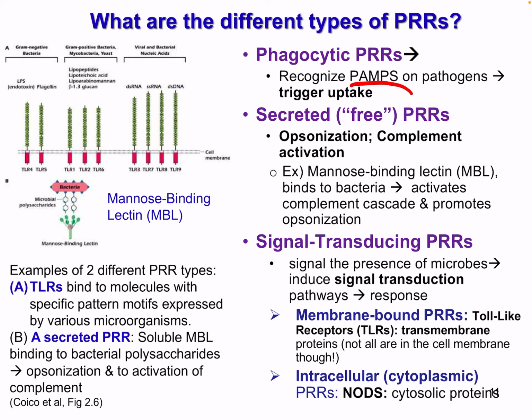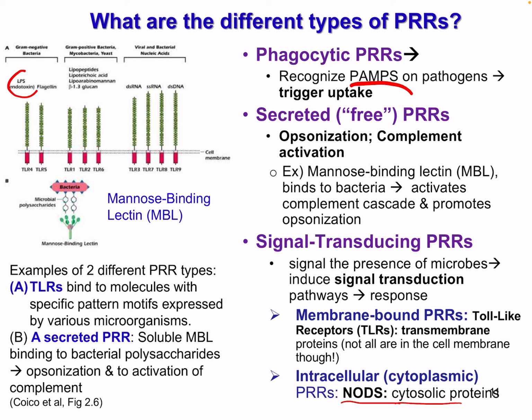These include membrane-bound PRRs called TLRs, or toll-like receptors, which are transmembrane proteins, but not all in the same membrane, though, and intracellular or cytoplasmic PRRs, which include the NOD-like receptors, which are cytosolic. So we can see here that TLRs bind to molecules with specific motifs expressed by various microorganisms. It is hypothesized, but strongly suggested, that these developed through evolutionary techniques,